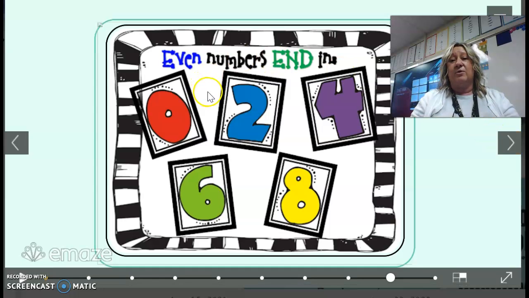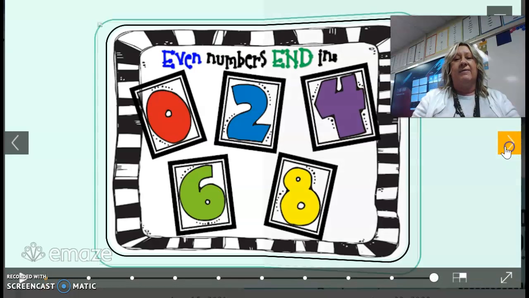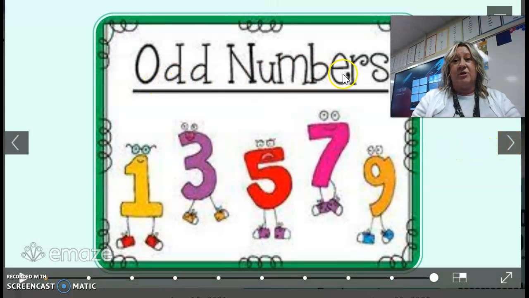So just in review, it says even numbers end in 0, 2, 4, 6, or 8. Okay. Also 0, 2, 4, 6, and 8 by themselves are even numbers as well. And then here's a review of odd. Odd numbers end in 1, 3, 5, 7, and 9, right? And so that means